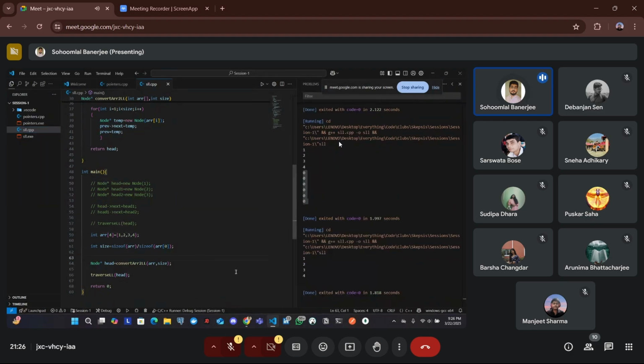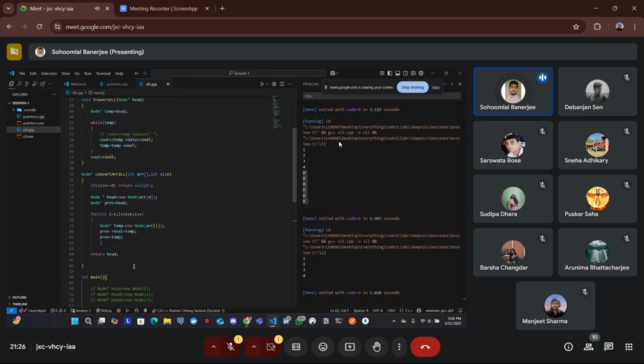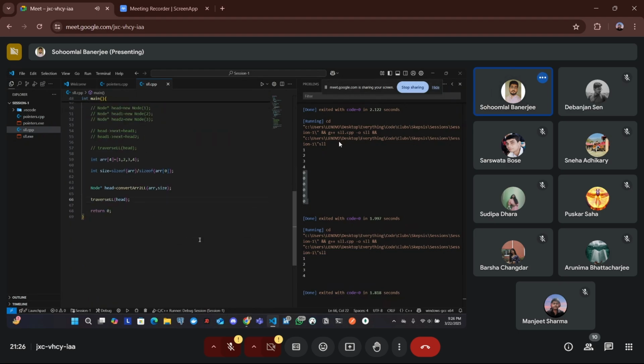Yeah, so now it's working properly, as you can see. I hope this part of the code is clear to you all. Now we'll be moving towards the insertion of values inside the linked list. So let's make another function,